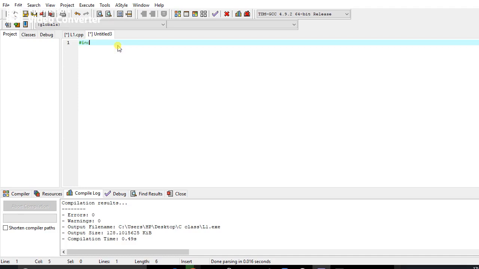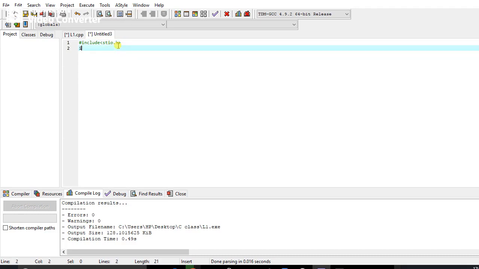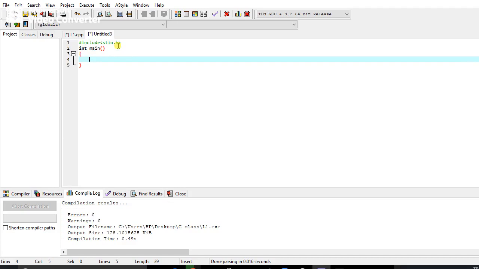In the first line we use our header file, #include <stdio.h>, then the main function, int main, with curly braces. Then we initialize our variable, int a, and we save the value 5 in a.